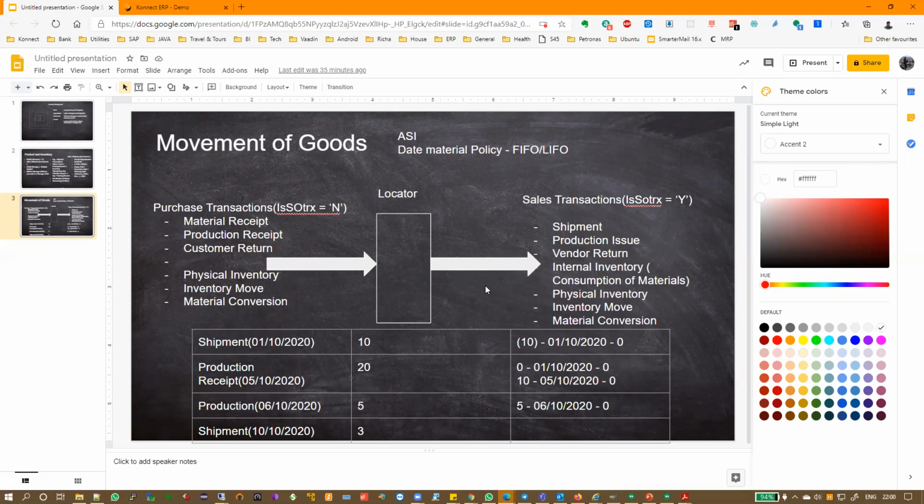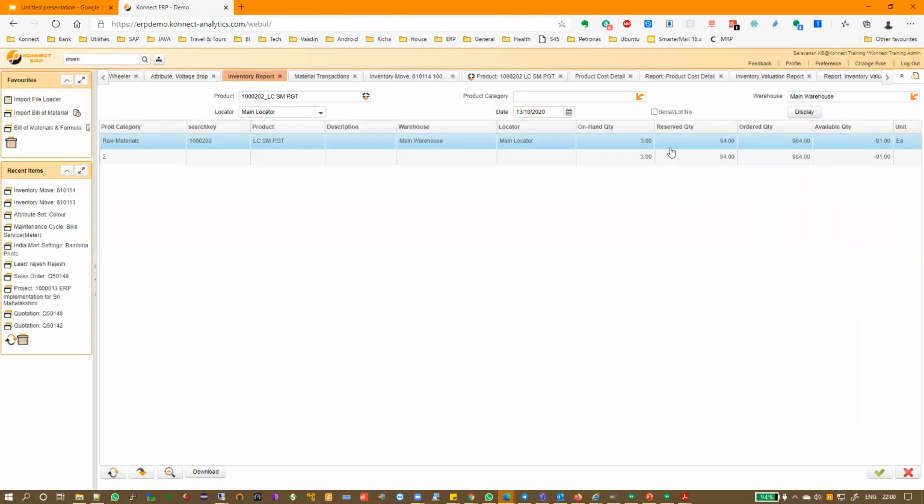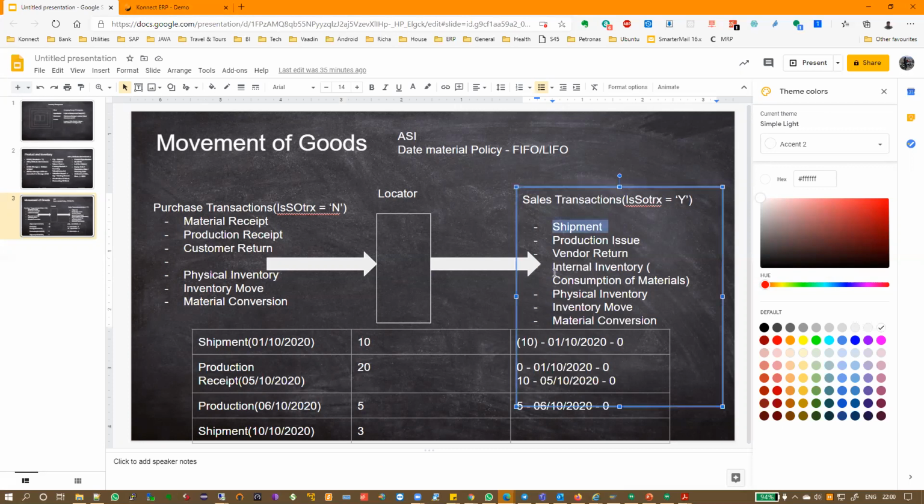Similarly, what we are going to take out is called the reserved quantity. Reserved quantity means this much quantity I'm going to take out. So if there's a shipment, that means shipment I'm going to take out. For a production issue, I do a production order, that means I'm going to require so much raw material.